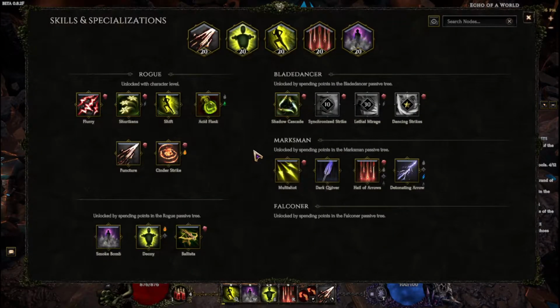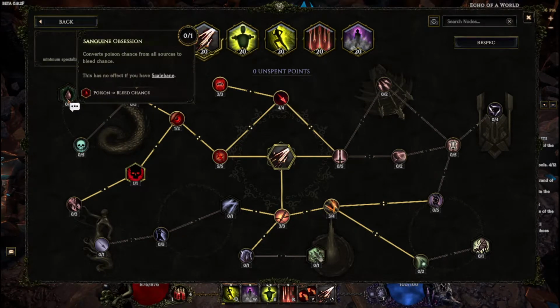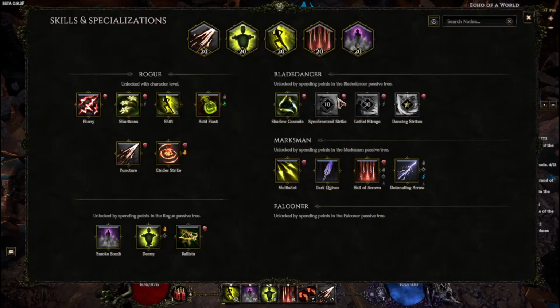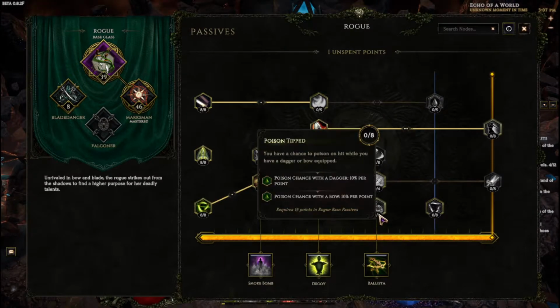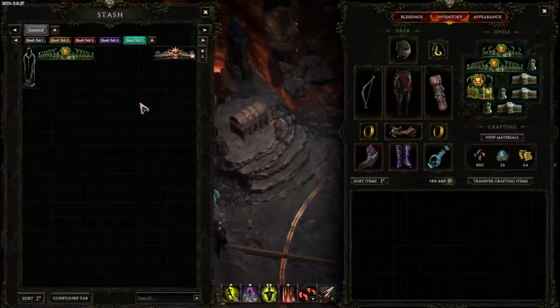I did respec puncture also. There was a point to where I had spec'd into the conversion that all poison chance converts into bleed chance, and I was messing around with stacking poison. Just how many poison stacks was I able to get? I came over here to the tree and I maxed out the poison tipped arrows. Then I was running around with